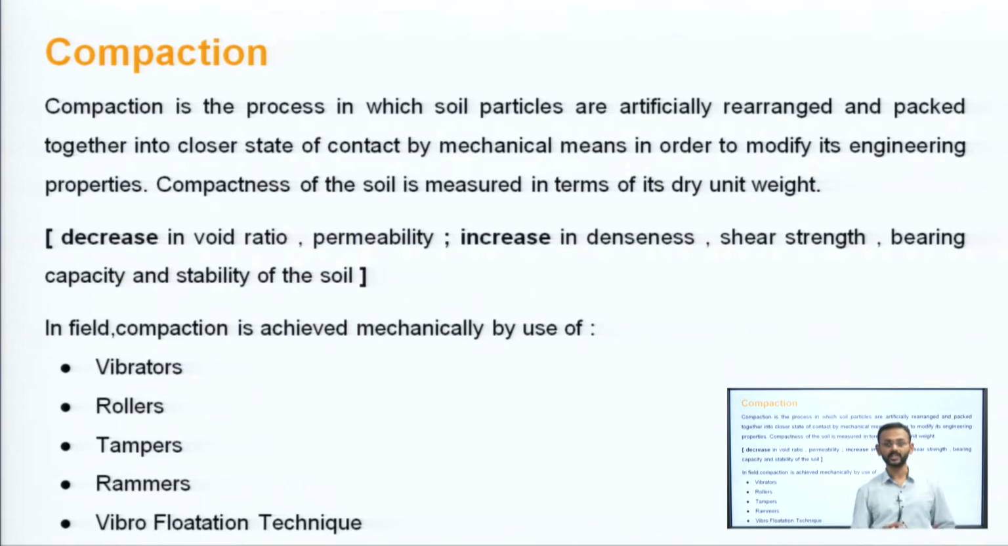Now, let us look at what compaction basically is. Compaction is the process in which soil particles are artificially rearranged. Important thing, see: soil process and then artificially rearranged. Artificially means it is not a natural process; we have to do this. How we have to do this, we will be seeing. So, artificially rearranged and packed together into a closer state of contact,